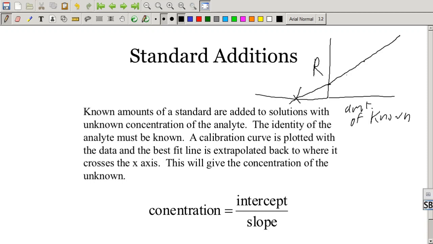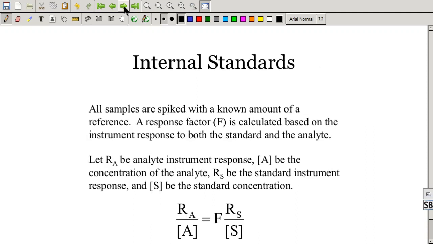So in the atomic absorption lab, you're actually going to do both methods. You're going to make up a serial dilution set of solutions, and you're going to make up a standard addition set of solutions. And you're going to test them both and see what they tell you. See if they give you the same data. Okay, now internal standards we can say is essentially the same thing as, or excuse me, as